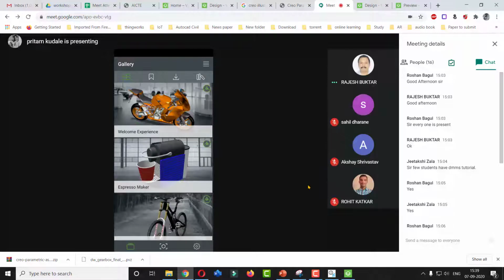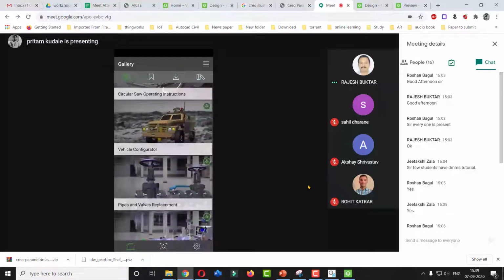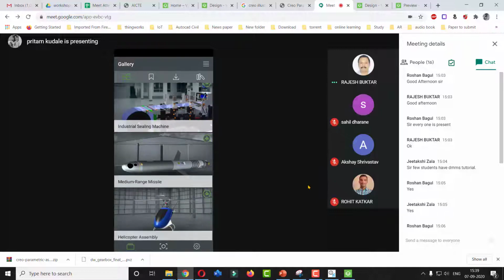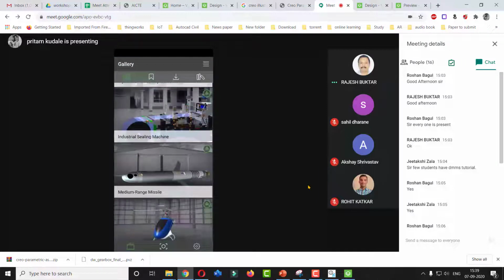These are a few AR experiences which you can view, and you can understand what features are available in this software by using these existing AR applications. Now we are going to check whichever application we have generated.